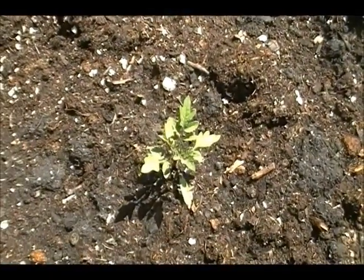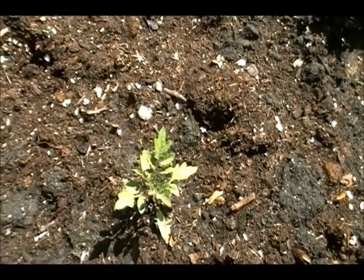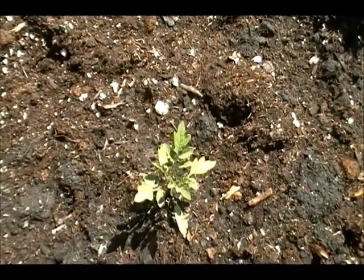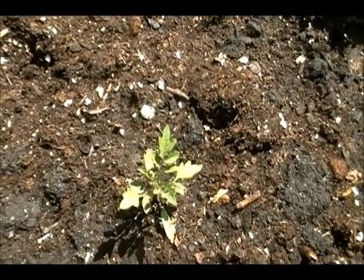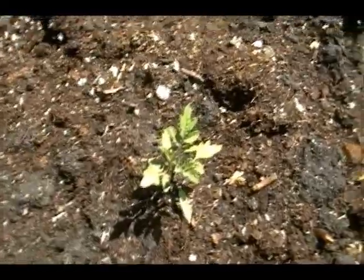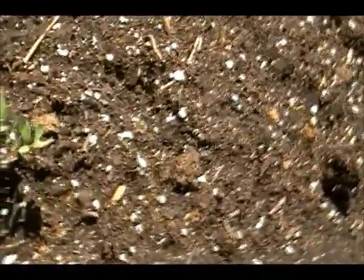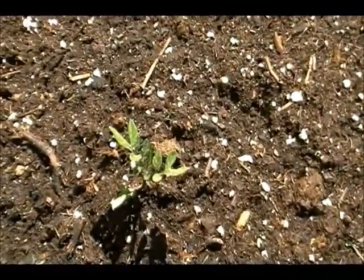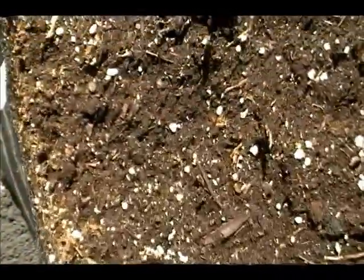And here are my little tiny tomato plants. I don't know which is which. One is Paul Robeson, and the other one is Purple Calabash. And I just selected 4 or 5 and put them in this big bed. I don't know what I'm gonna get. I might have all 5 of one of them. I don't think there were 5 of one of them. I gave the rest away,